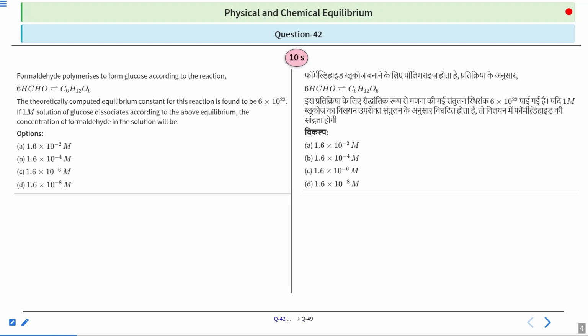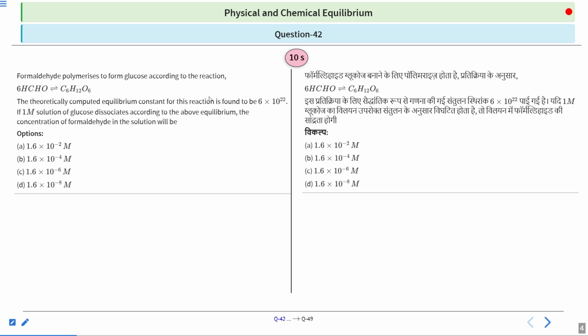Question says that formaldehyde polymerizes to form glucose according to the reaction HCHO giving us C6H12O6. The theoretically computed equilibrium constant for this reaction is found to be 6 into 10 to the power 22. If 1 molar solution of glucose dissociates according to the above equilibrium, the concentration of formaldehyde in the solution will